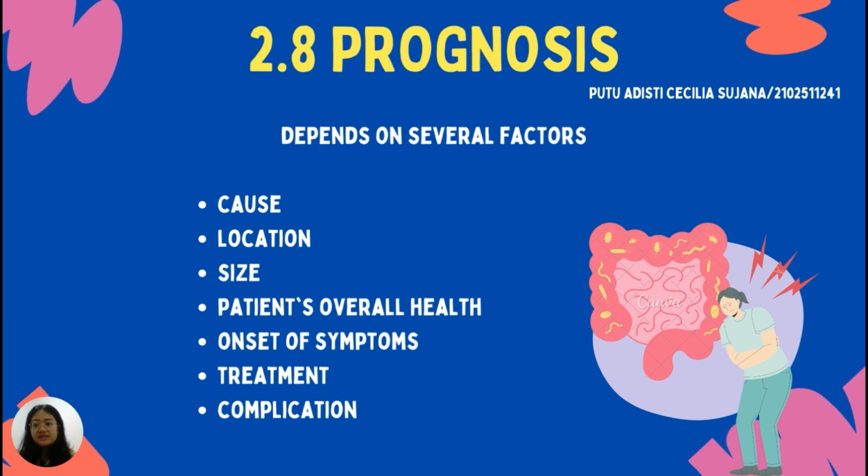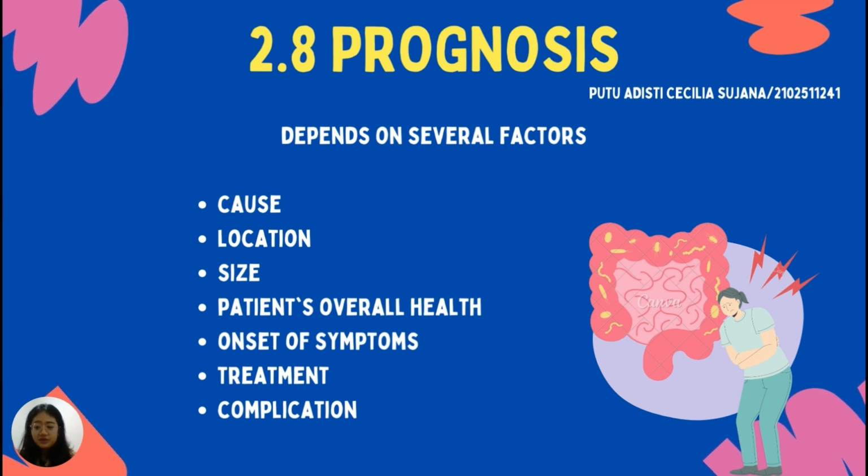The prognosis of intestinal perforation depends on several factors, including the cause, location, and size of the perforation, followed by the patient's overall health and the time between the onset of symptoms and treatment. In general, prompt and appropriate treatment, like surgery, can lead to a good prognosis. But in some cases, there are patients who are unable to tolerate or choose not to undergo surgery when it is required. This may cause a worse prognosis. Delayed treatment or severe complications can also lead to a poorer prognosis, especially in older patients, who have a higher chance of worse complications.